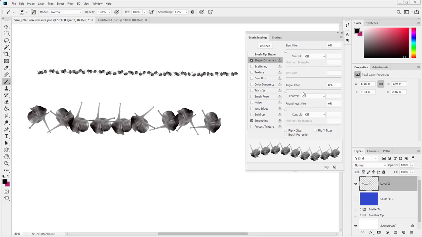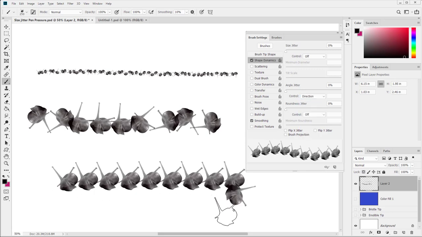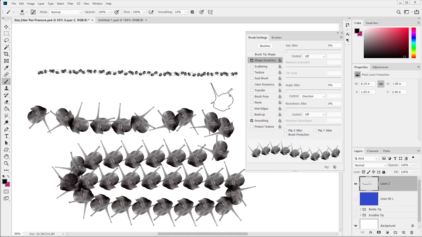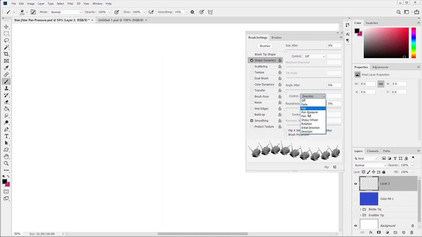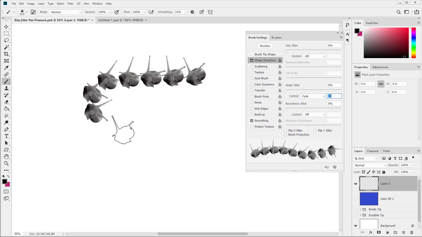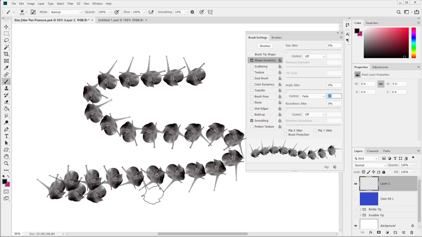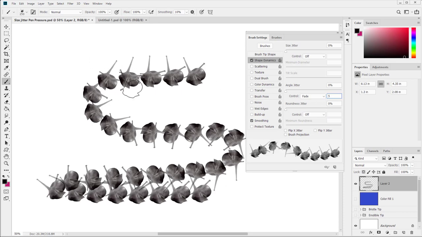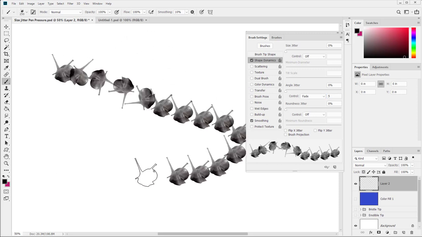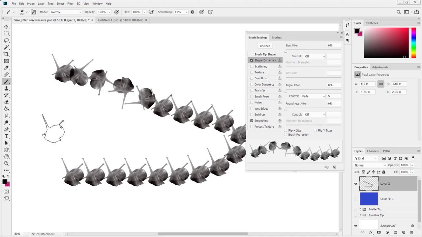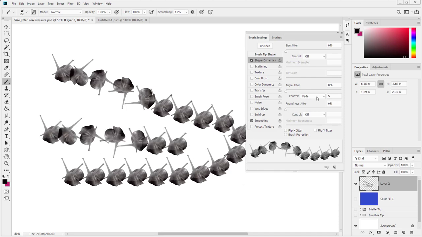And if I instead control it by, say, direction, well, we know what that does. It's following the direction of the mouse as I move the mouse around. I can also control it according to fade, which, surprise, surprise, I have it way too high for it to be really seeable. Let me clear that out. Let's do it on instead 5, 1, 2, 3, 4, 5. And so it will do some rotation and then it pops back to where it was, which I think is